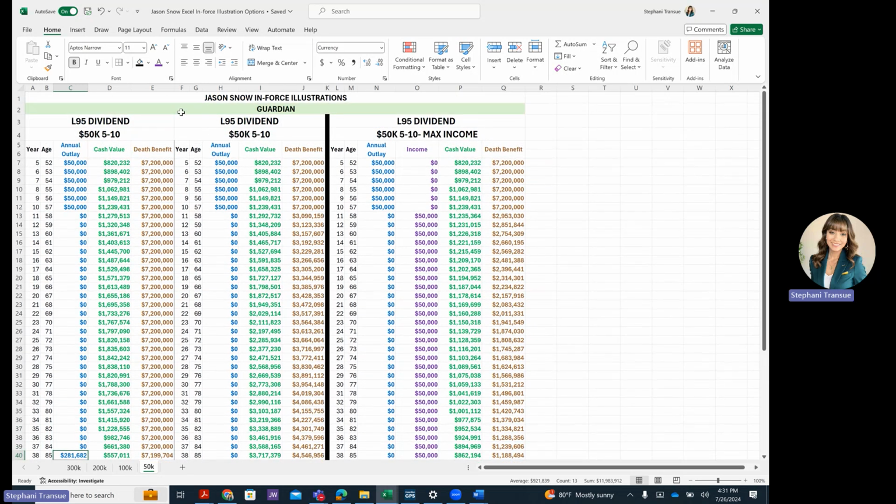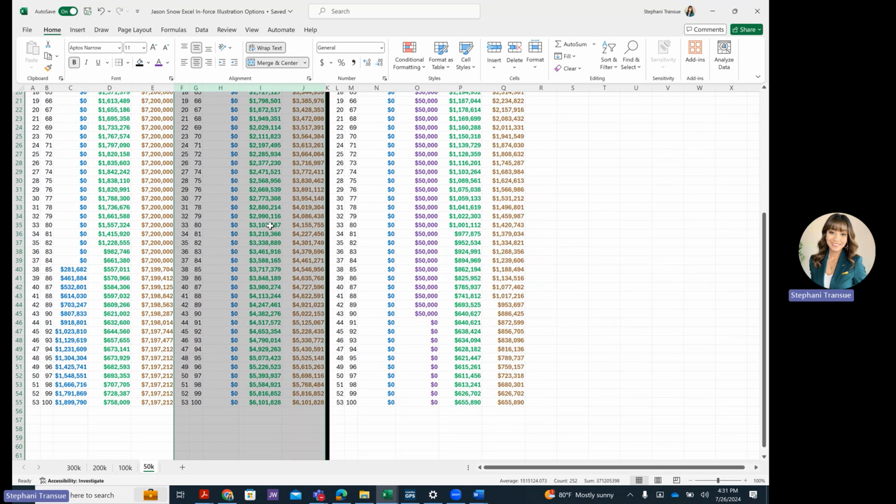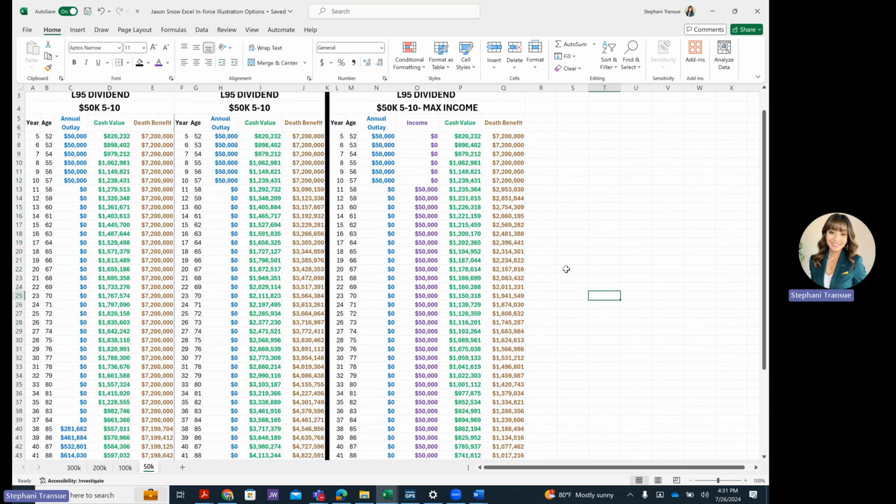We took that same example and we did the reduced paid up. Again, by cutting the term rider cost, your cash value and your death benefit looks a lot better. And this is what we fully recommend. Then we showed what if you decided to do that funding and the maximum income you're able to pull out every year and how your death benefit is affected by that amount.